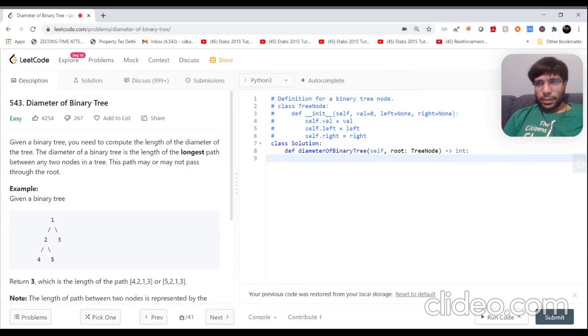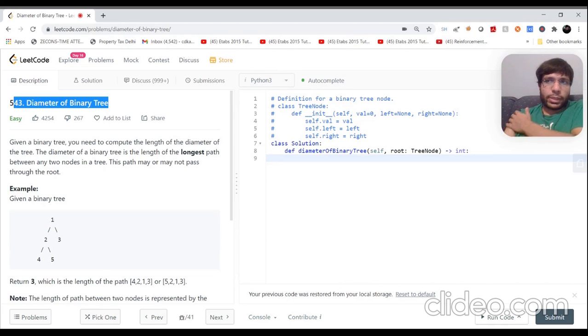Hey guys, this is Gagan, and in this video we'll be solving one Leetcode question related to trees. This seems a pretty basic question if you are starting to solve some problems related to trees. So this question basically revolves around finding the diameter of a binary tree, and if you are not aware of